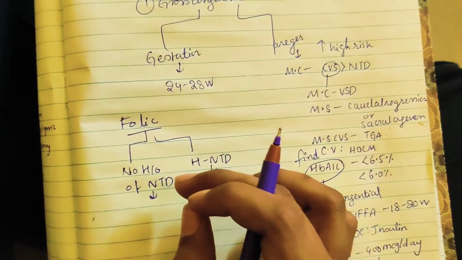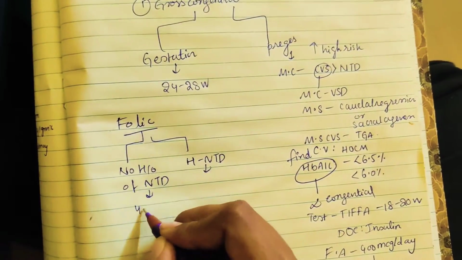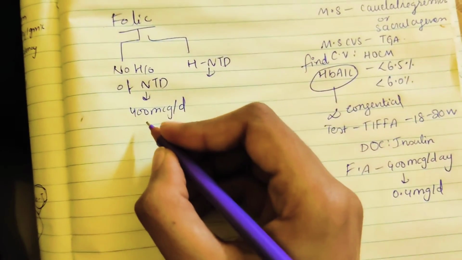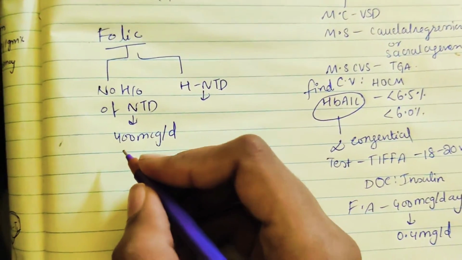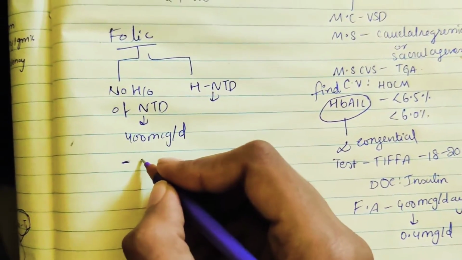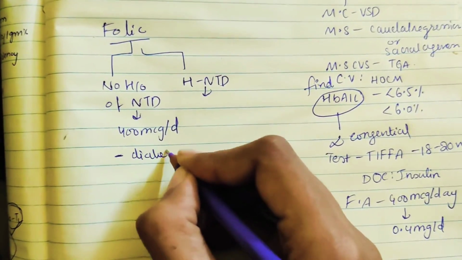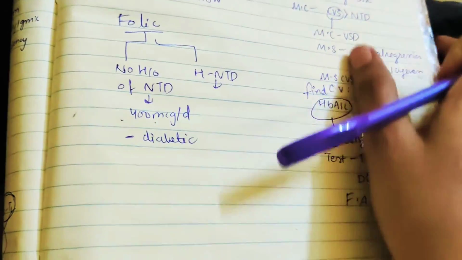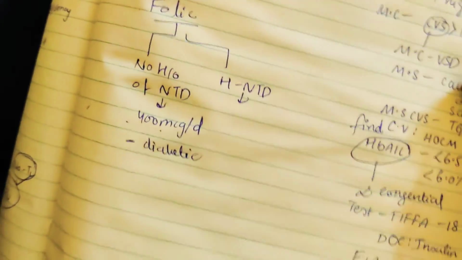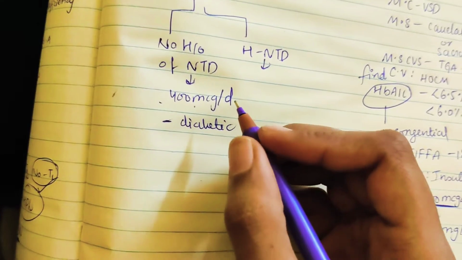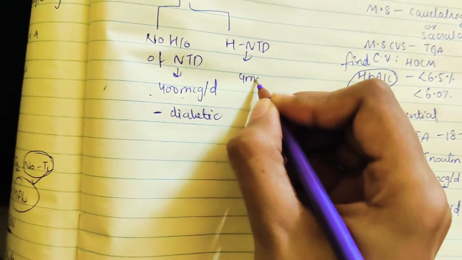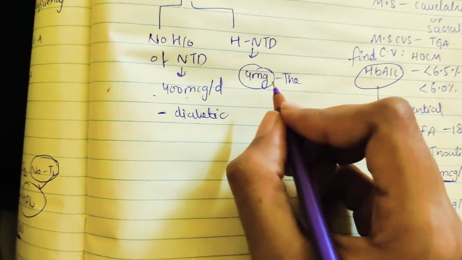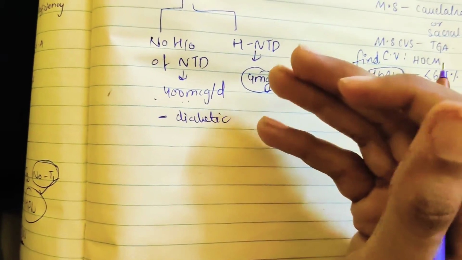If there is no neural tube defect history, then just give 400 micrograms per day, that is a prophylactic use of folic acid in them. Even in a diabetic pregnant female you should give this 400 micrograms, already we discussed this, right? And if they already have a history of neural tube defects, then give 4 milligrams. Here you should give 4 milligrams because it's therapeutic. Here it is prophylactic, here it is therapy, because now we need to treat, as they already have